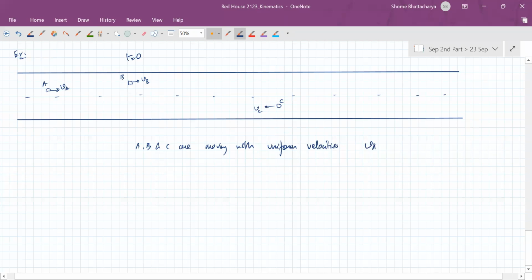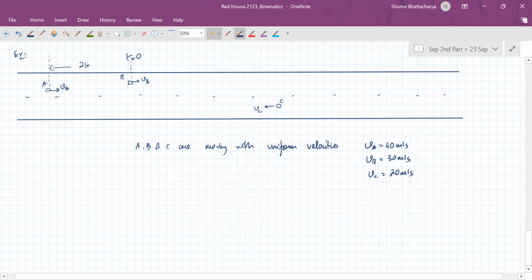So this time, let's say velocities are given in meters per second. A is moving at, let's say, 40 meters per second. B is moving at 30 meters per second. And C on the other side is moving at 20 meters per second. Okay. And initially, these positions are such that the distance between A and B